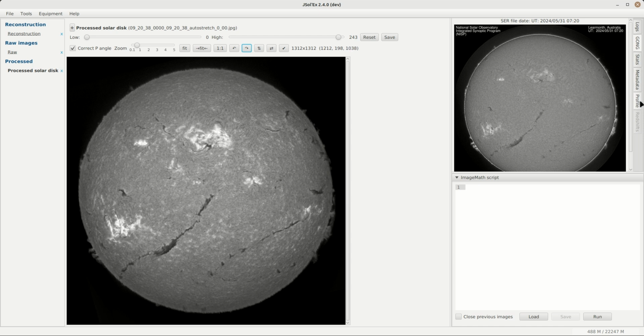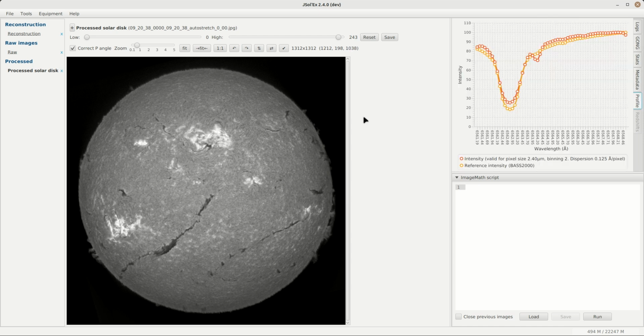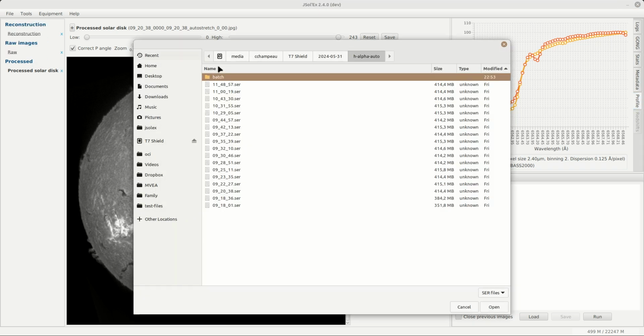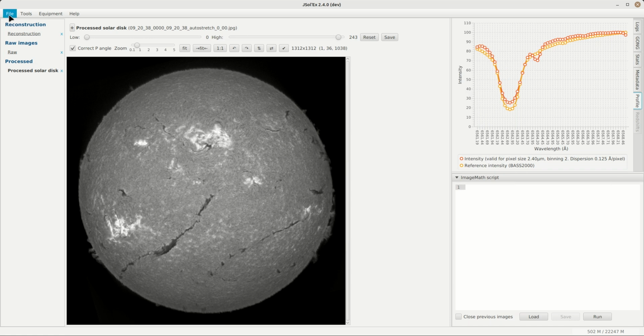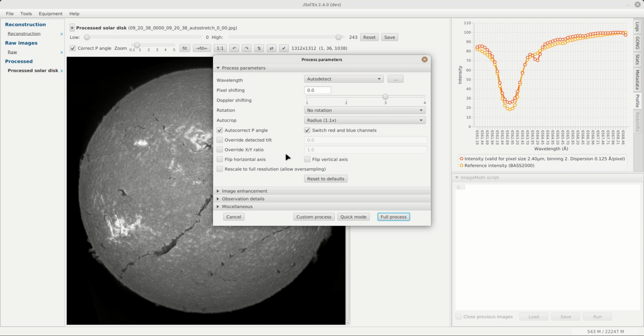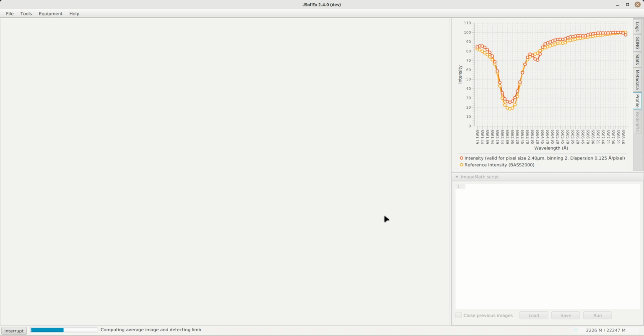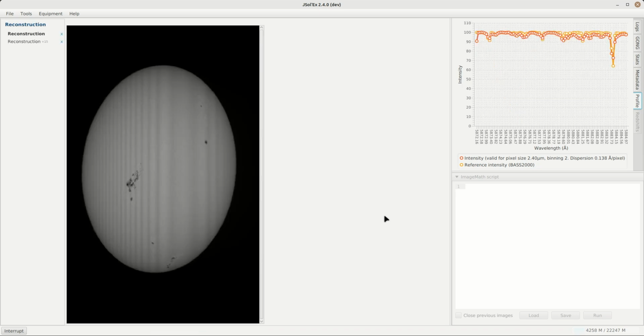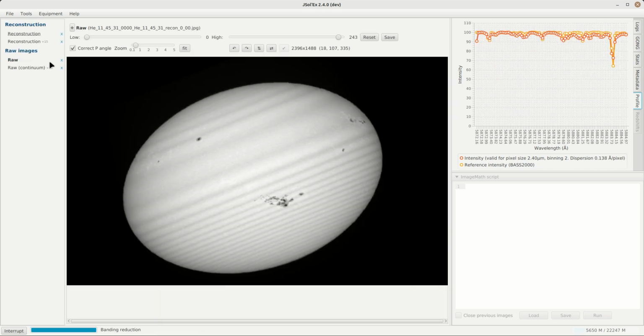And because we have these changes to do the automatic detection, now we can do something actually quite smart regarding the Helium line processing. So let's show that in action again. I'm going to open a file that I have processed recently, so this Helium line thing, and I'm not going to do anything special. I'm giving these wavelengths to auto detect, and then I'm going to click on full process this time, and let's see what happens. So you can see that during the reconstruction,